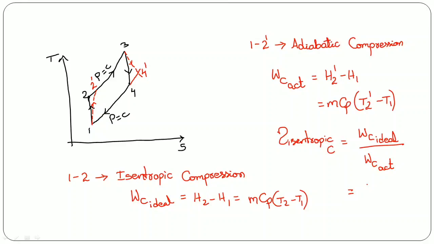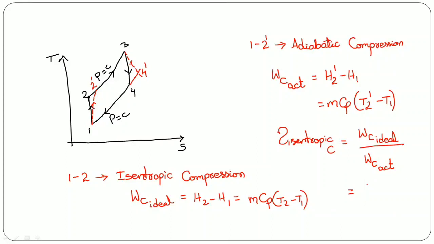So ideally it has to consume less amount of work, but due to practical reasons like certain irreversibilities, like heat losses due to friction, then magnetic hysteresis, all these are irreversibilities. Because of these irreversibilities, the actual work that is consumed by the compressor will be greater than the ideal work. So to understand this concept, you just see your refrigerator that is in your home. So in the refrigerator, what is said here?